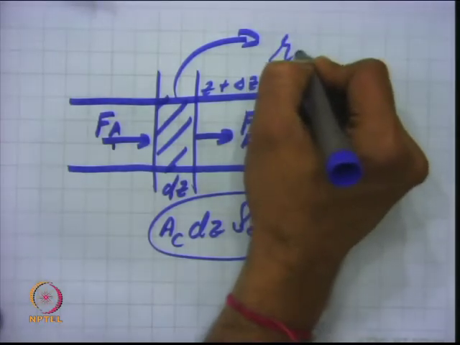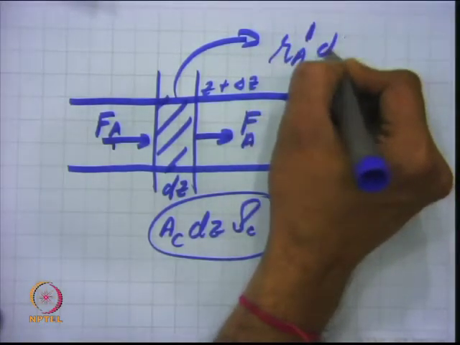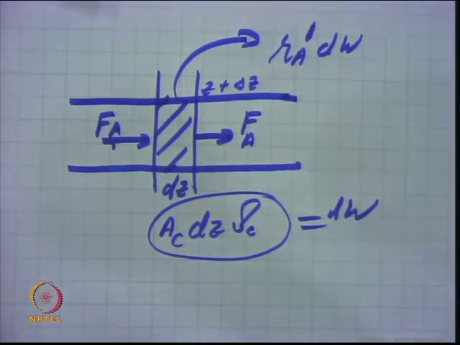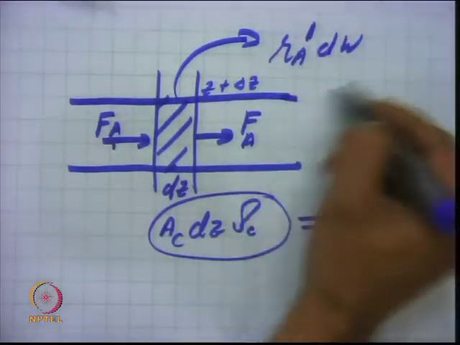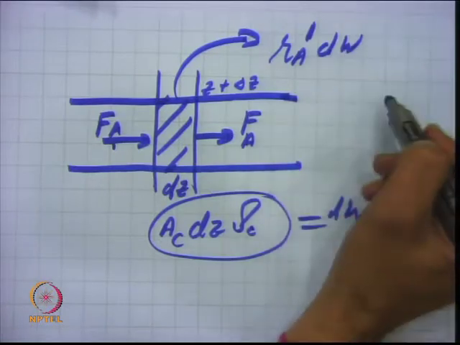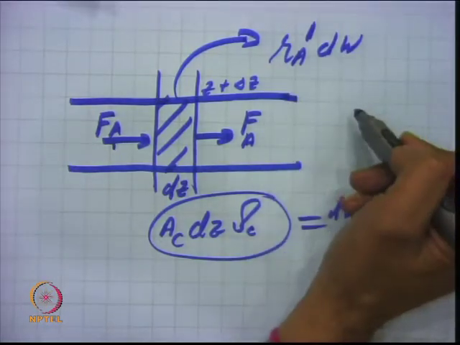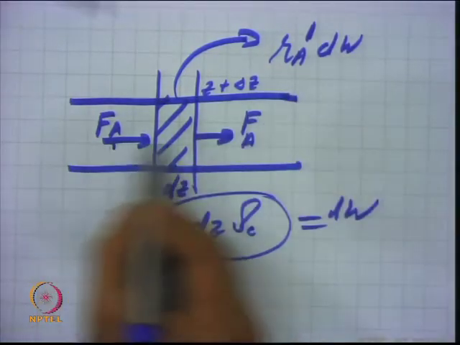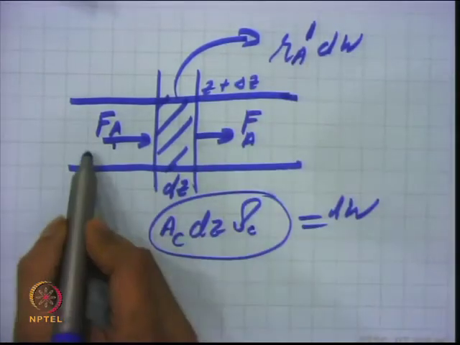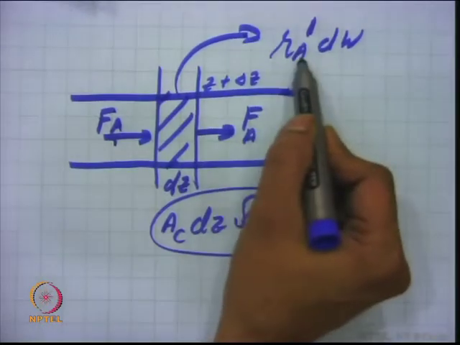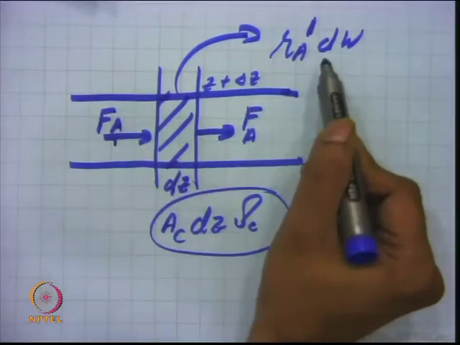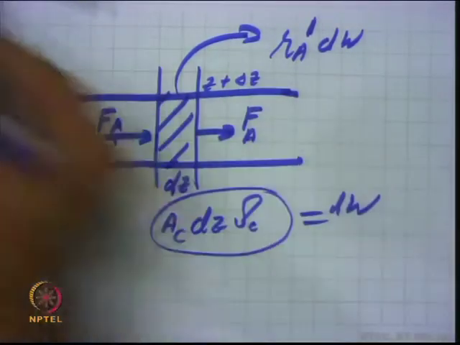So, that can be written as R A dash times dW if I write in terms of mass, right. So, mass in or moles in minus moles out minus disappearance because of chemical reaction is equal to 0, because it is your steady state reaction. So, one can very easily write this equation, which is simply dFA by dW, or dFA by dW is equal to minus R A dash,